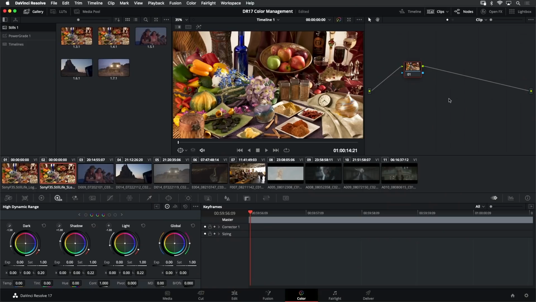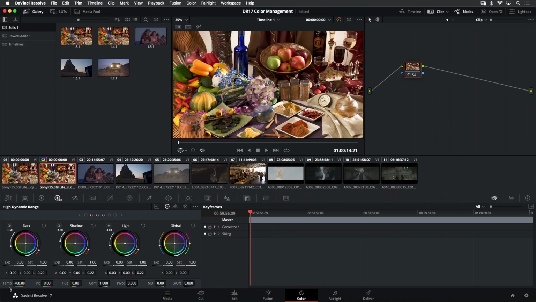For example, on an image like this one, I might wish to cool things off a little bit, feel like they're a little too warm where they are right now. One way that I could go about this here in the HDR palette would be to go to my temperature knob and swing this knob in a negative direction, and in doing so, cool things off. So this is a really nice, objective, and photographically accurate way of making such an adjustment, and it's going to give me very similar results to what I would have gotten if I were to go back in time and change the color temperature in the camera at the moment that this image was captured. So you can see, as I flip this off and on, how naturalistic that adjustment is.